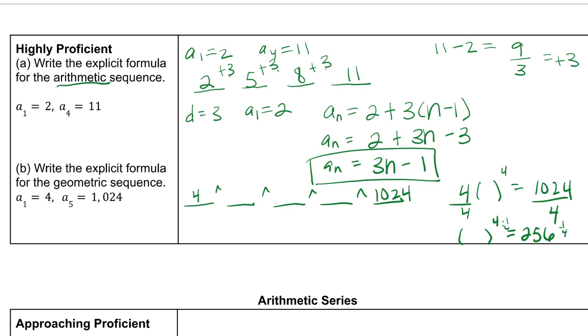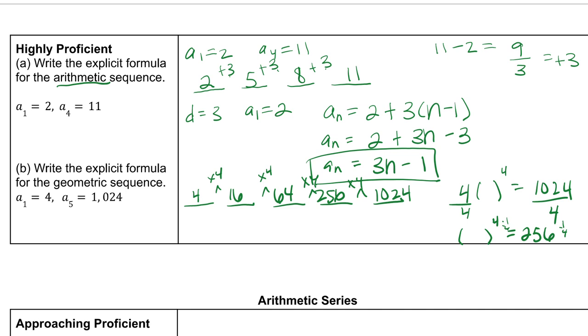And then you find out that you have a 4. Okay, so it starts with 4, but then I multiply by 4, and I can figure out all of my terms. I'm just going to fill these out to make sure, because it is possible to make an error. When we have a calculator, we always want to check and make sure we got it right,